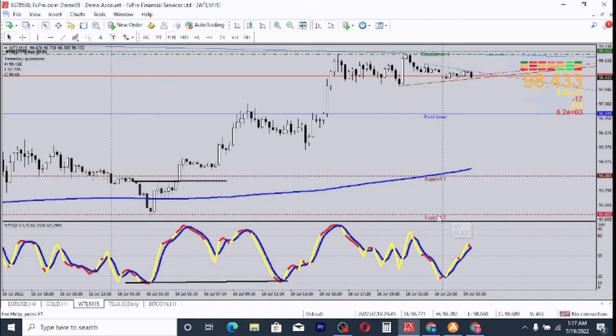Now look at this place. This very line is called the pivot line. This place is called support 2. Now, how do I combine these indicators together to begin to see the trade? How do I use them? Now, what I need to do, I need to share